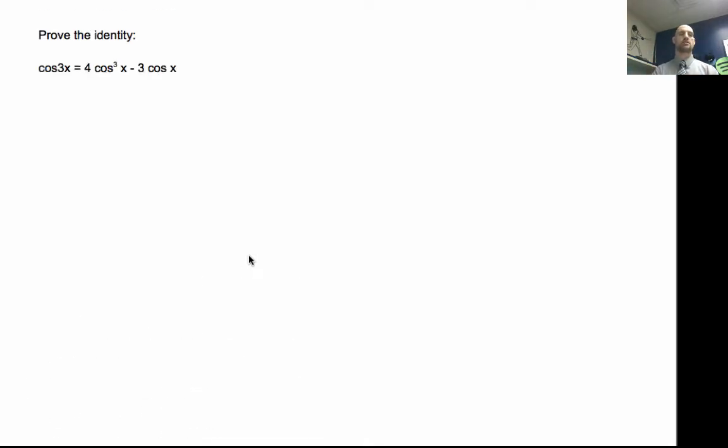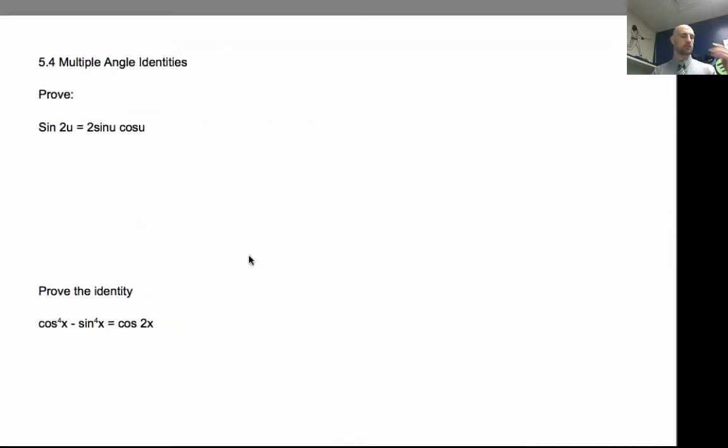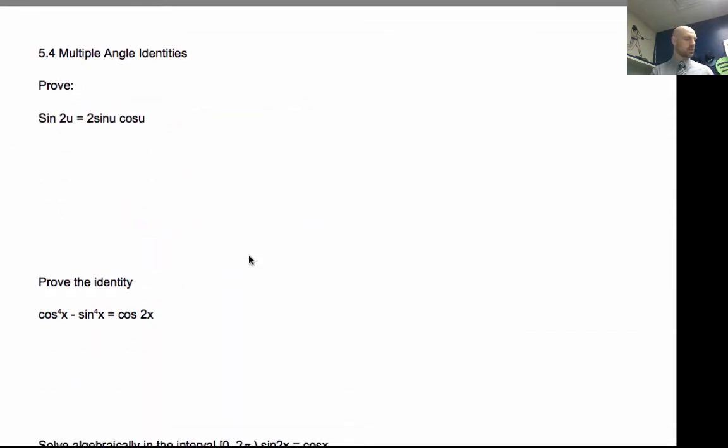And we're going to look at some strategies here. We're going to do about 5 problems and use some of these formulas. Now, you're going to recognize some of these steps. In this section, we're specifically working on some formulas that are going to allow us to take it one step further. So let's look. One of the important things about multiple angle identities, they're based on